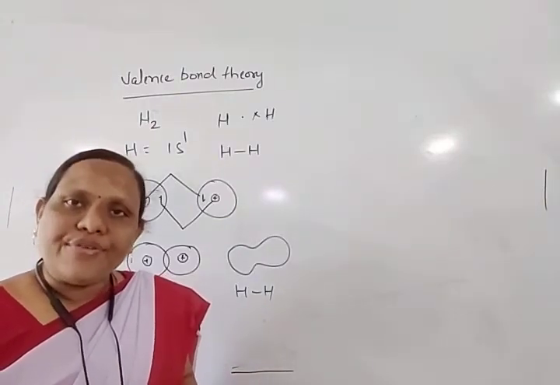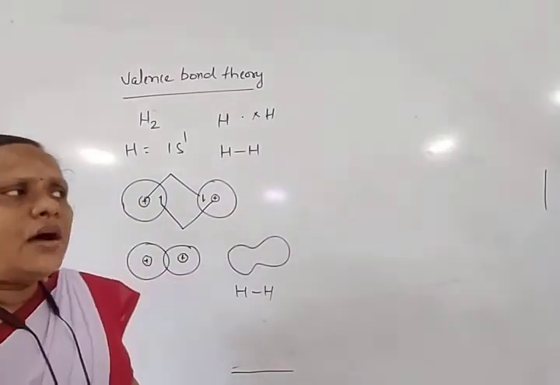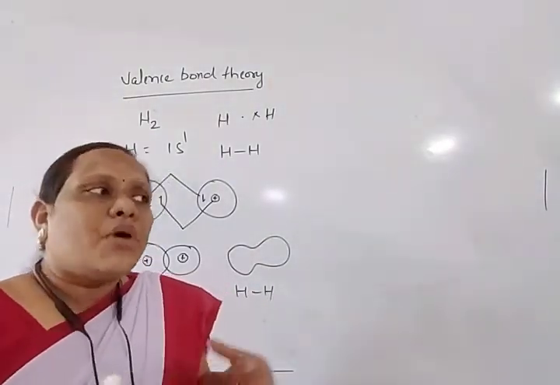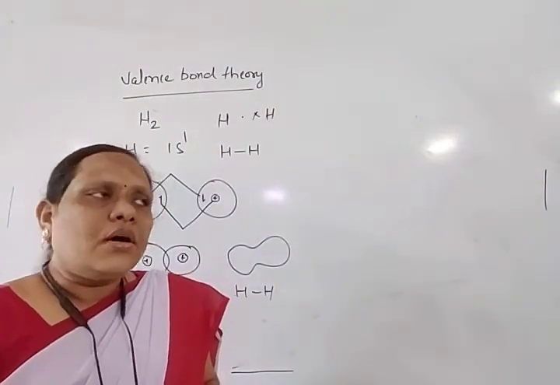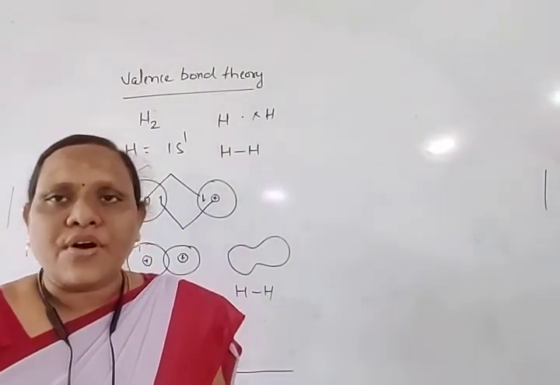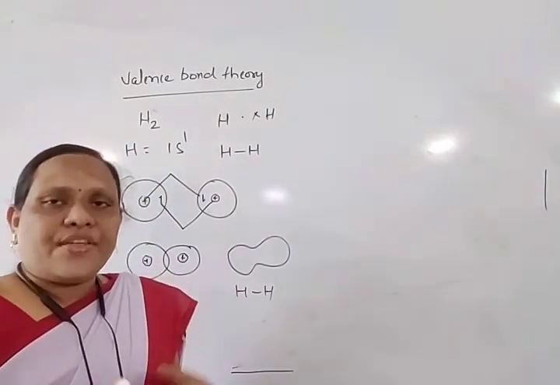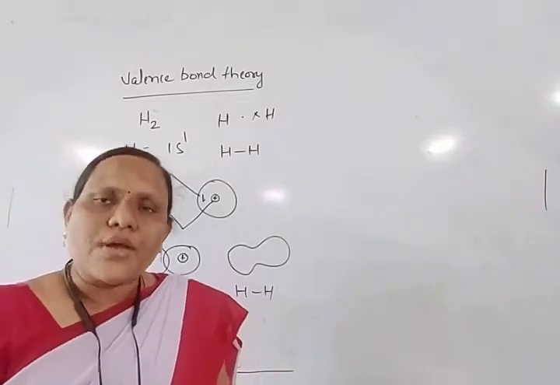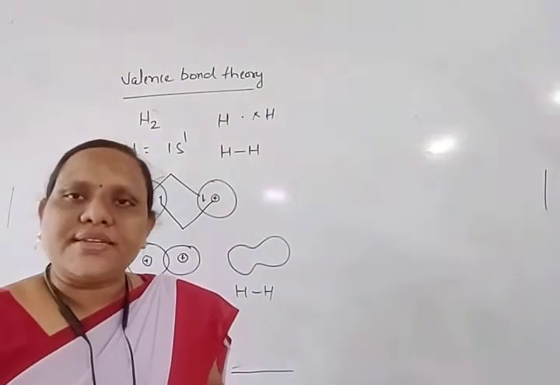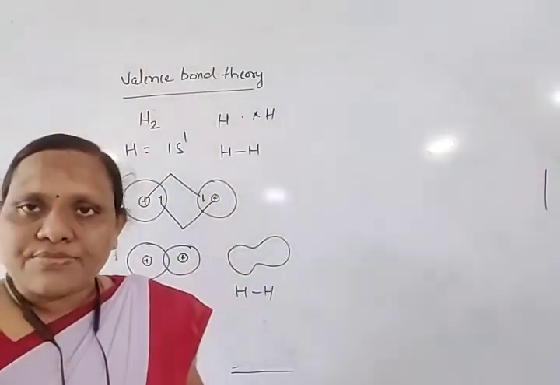According to valency bond theory, the covalent bond is formed by the overlapping of atomic orbitals which contain half filled, or single, electrons, and the strength of the bond depends on the extent of overlapping, that is how much the orbitals overlap. If there is more overlap, then its strength is more. If the extent of overlapping is more, then the bond is stronger. If the extent of overlapping is less, then it is a weaker bond. Okay. So in this way, this is known as your valency bond theory.